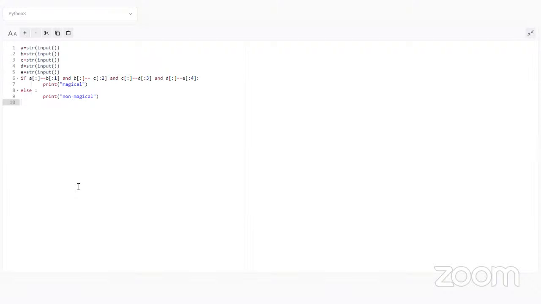Hello, sir. Yes, Sanjay. In that if condition, we can check whether A is in B, and then B is in C, and C in D. Yeah, that's what I told Sanjay. So you need to remove that slicing and all. Just have it like A in B, B in C, and C in D. That you can have. Okay, thank you, I will do that. Yes, Sanjay, you can stop sharing now.